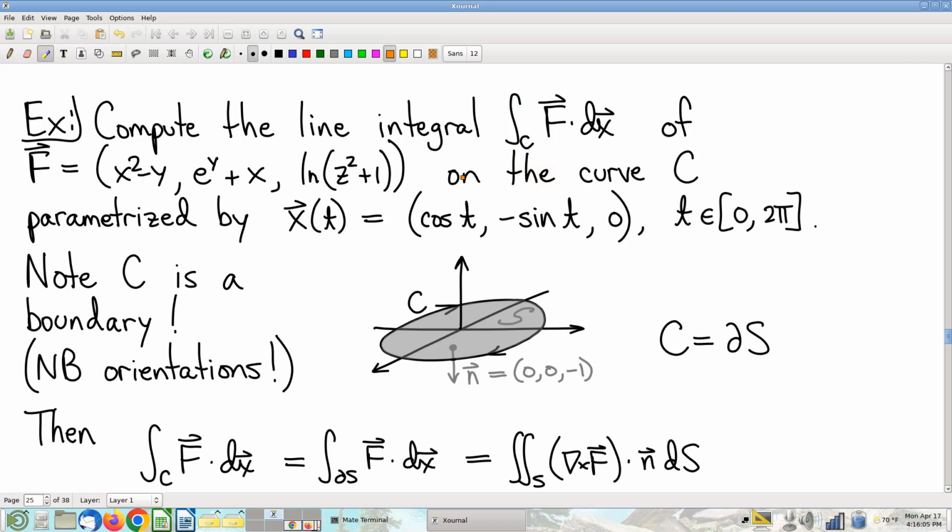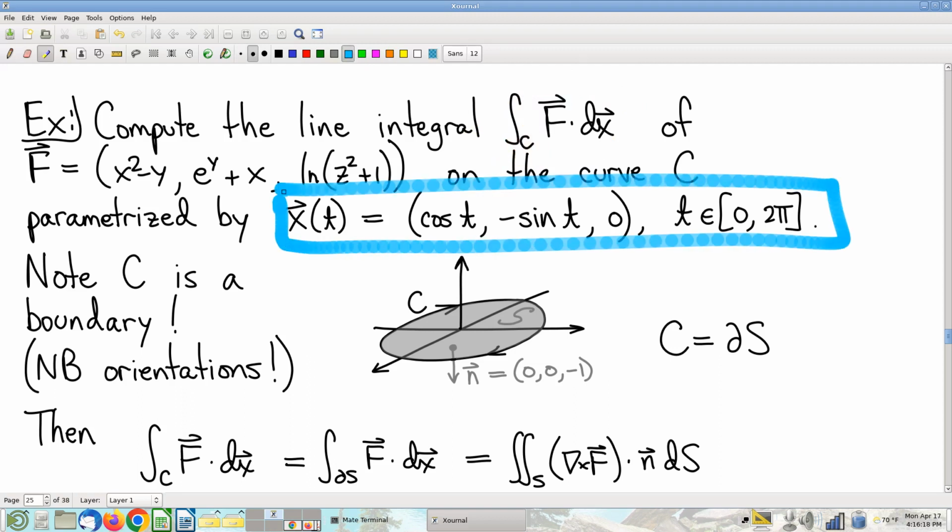Is my curve a boundary? That's what would decide whether or not we can apply Stokes' theorem here, right? I need to know whether or not the domain is a boundary. So here's what I'm going to observe. This parametric curve, other than this minus sign,